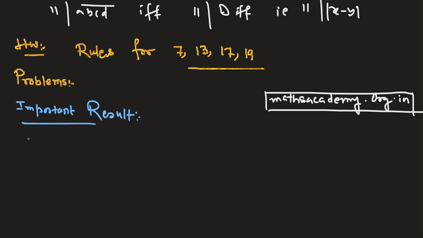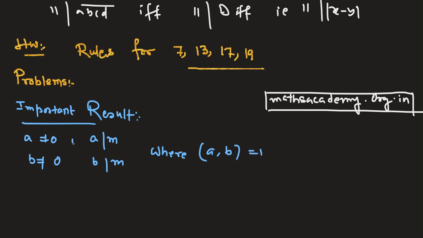This says that if a is not equal to 0 and a divides an integer m, b is not equal to 0 and b also divides the integer m, where GCF of a and b is 1, if condition 1, condition 2 and condition 3 happen, then we can say that the product of a